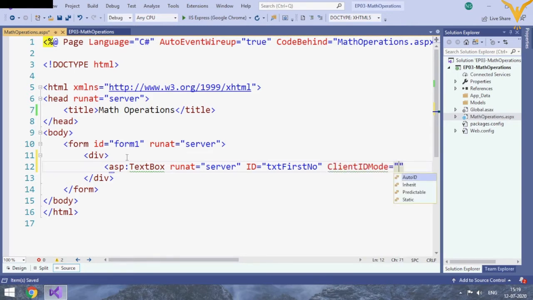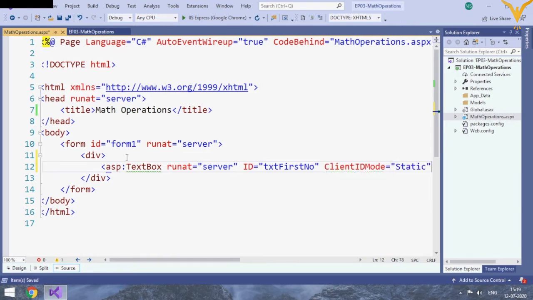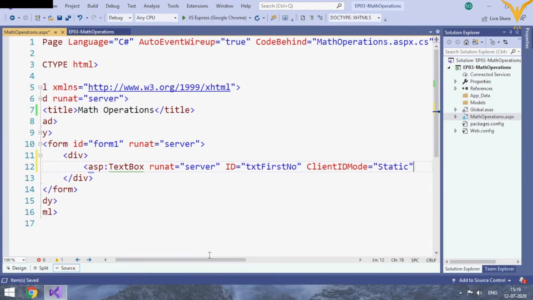It has options like static and inherit. So static means when you use these controls, your controls will get converted to HTML controls. At the time of conversion, there are chances that your ID will get changed, it will get a few things appended with few initials. So use this client id mode static. It's not mandatory, but it's advisable to use client id mode static.